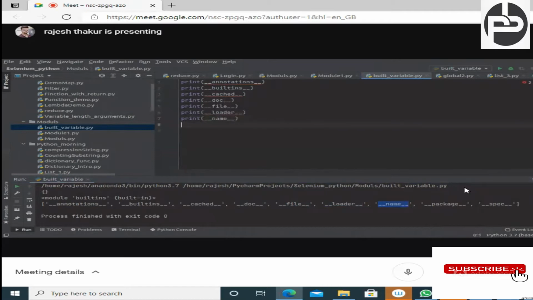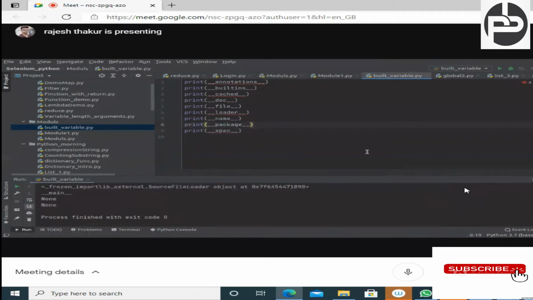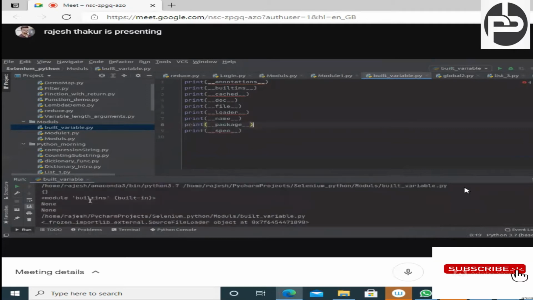Print __package__, and print __spec__. Okay, now let me execute this. So you can see, everything I got to know.